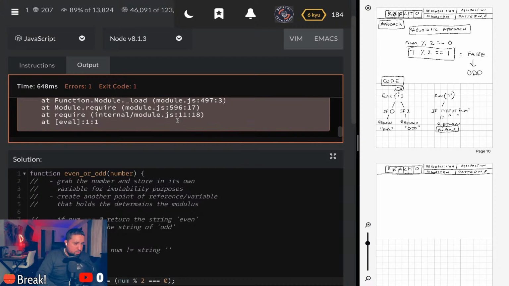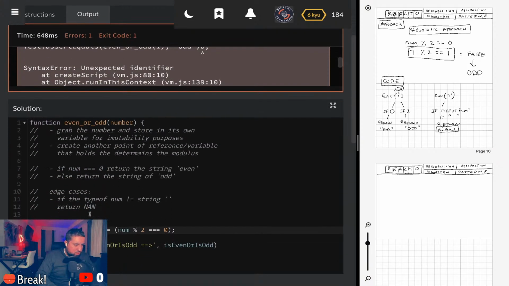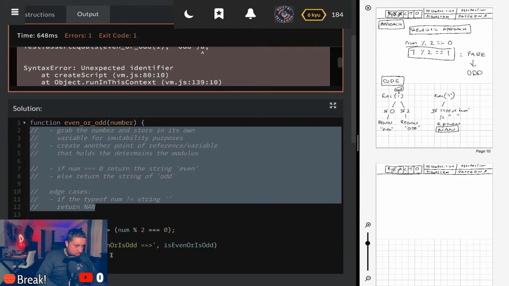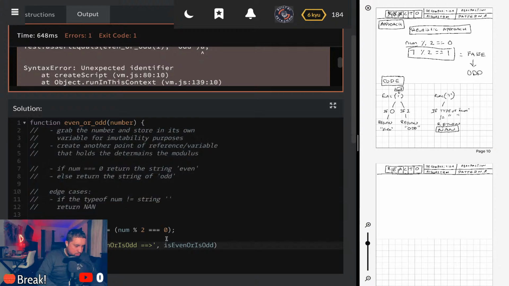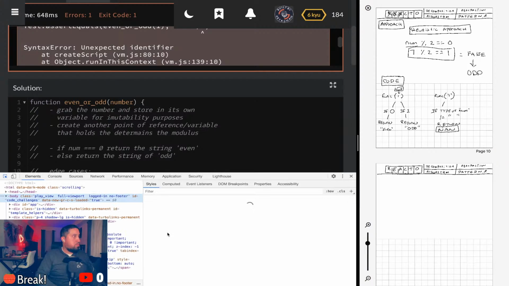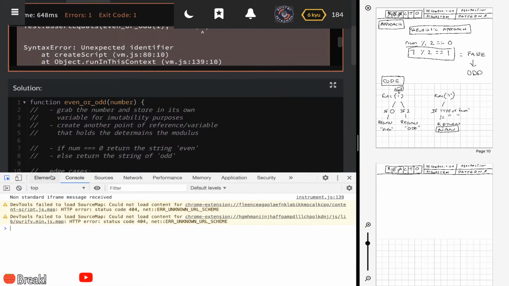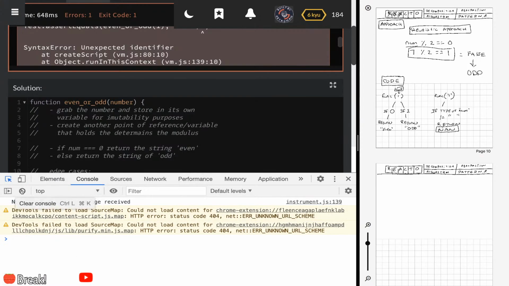Where is the unexpected identifier? Line 10. Everything is commented out. Let me run this in the console real quick. I'm not sure what's going on there.